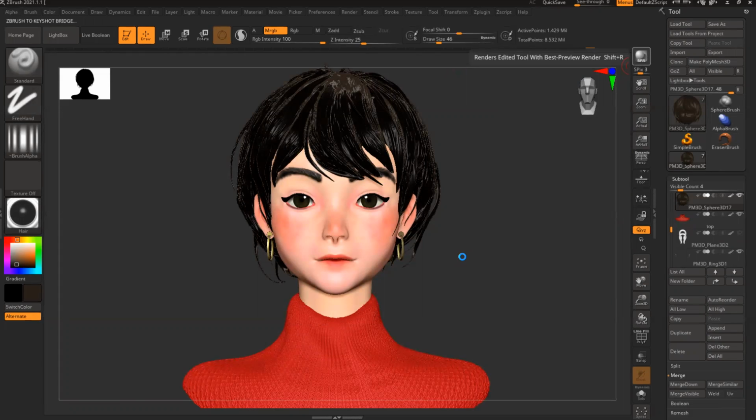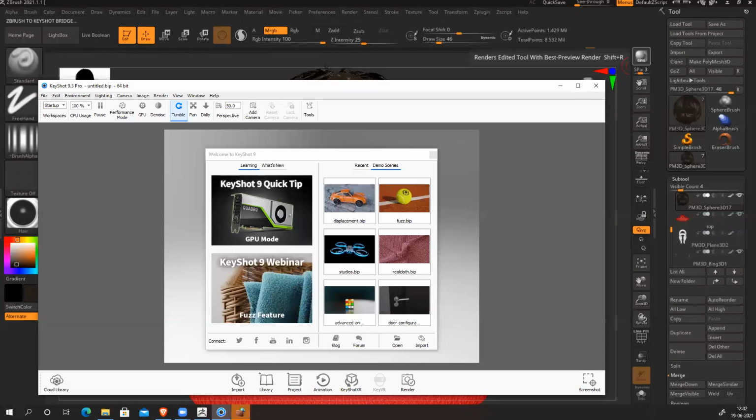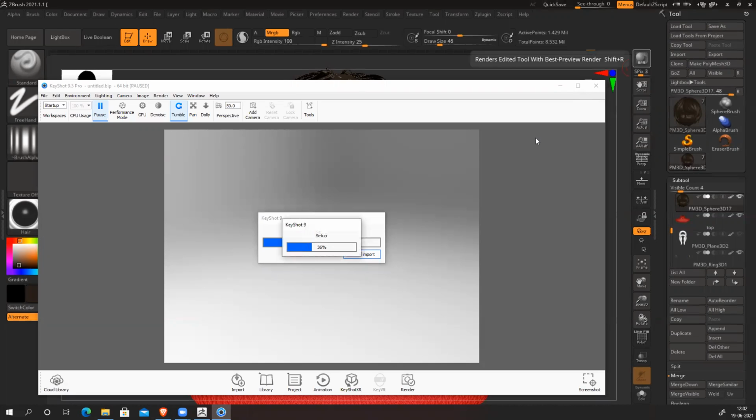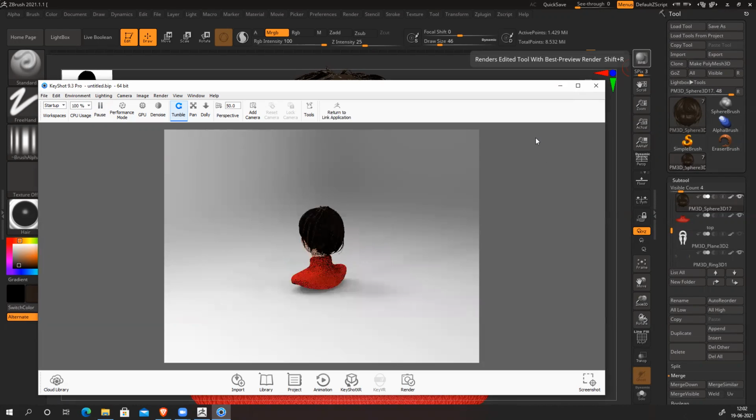Now it will open Keyshot and export the entire file there. You don't have to convert anything, you don't have to export anything. It simply opens Keyshot and exports the entire geometry there with your color information, polypaint, everything.